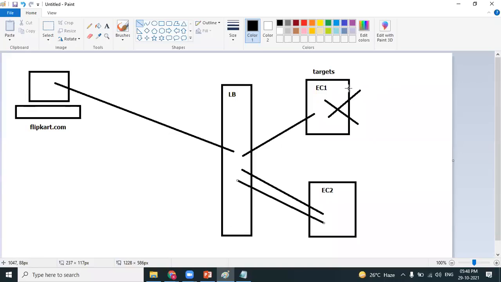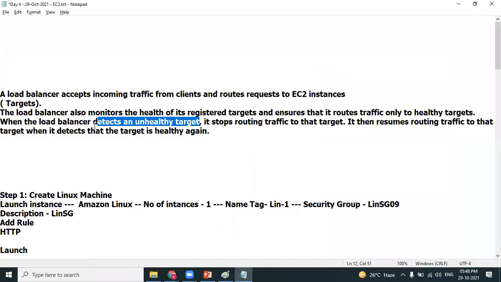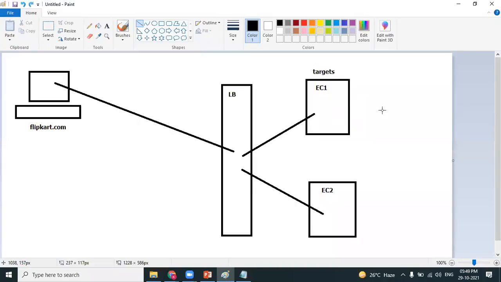If a particular EC2 machine is not responding, it will declare it unhealthy and distribute only to the healthy targets, so that the user gets the page they are looking for. The load balancer will stop routing traffic to the unhealthy target, and it will resume the traffic when the machine is detected as healthy again. That's the responsibility of the load balancer.